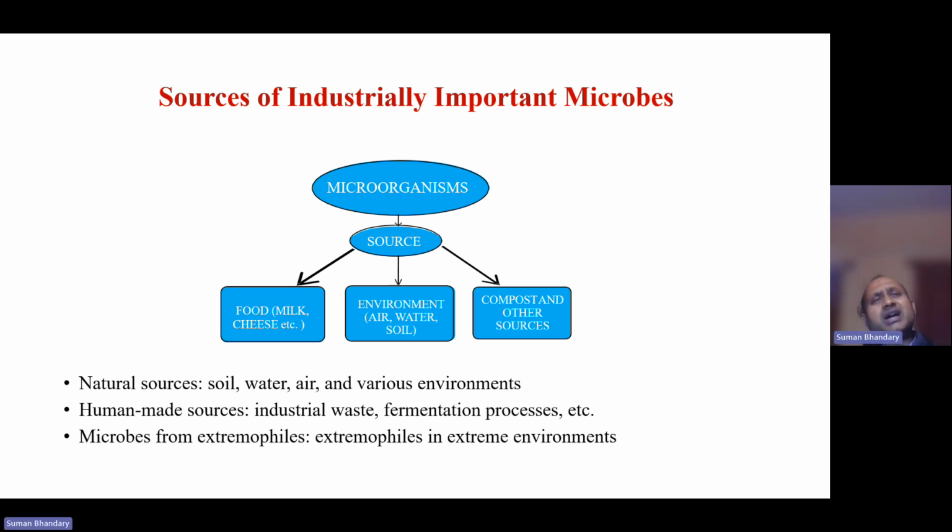There are various fungi present in the soil that contribute to the production of enzymes as well as several bioactive compounds. If you check water, in the aquatic habitat, we can have several aquatic bacteria like Pseudomonas and